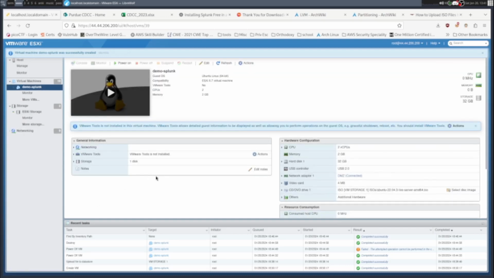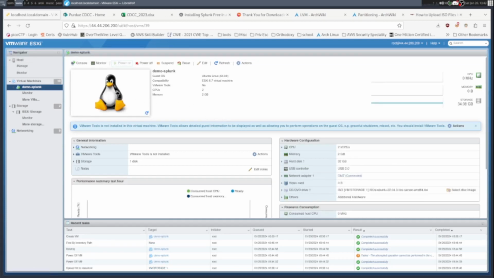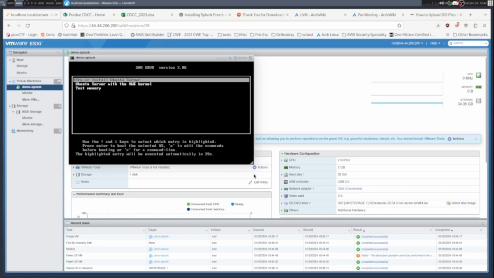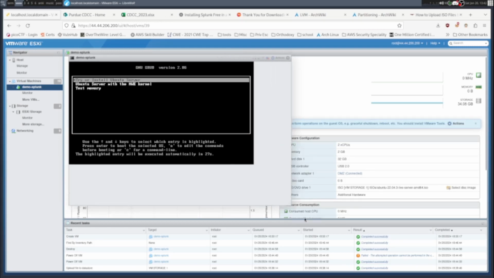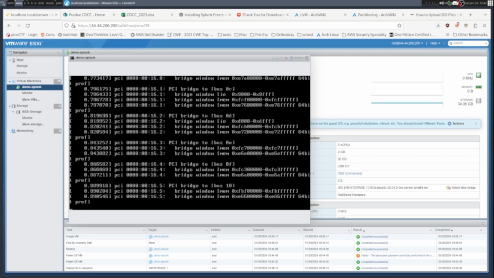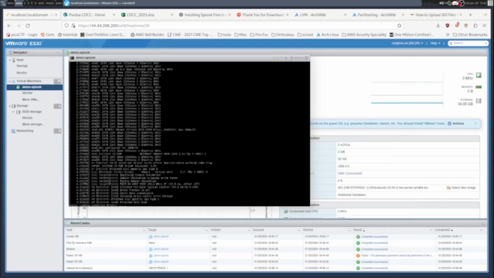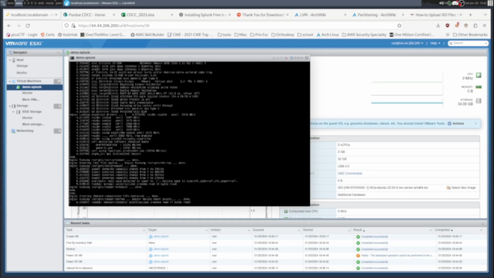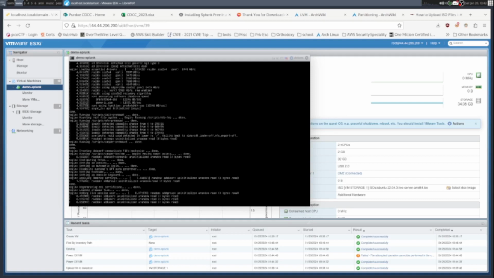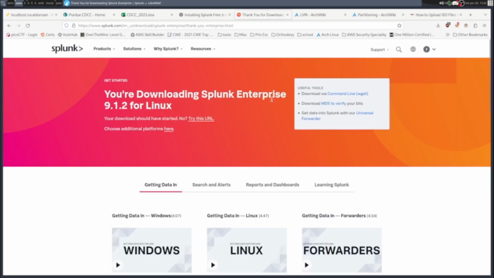Demo Splunk. Power it on real quick. And we can get through this install process. Install Ubuntu. And it's just going to load for a while. And while that sort of starts happening, we can go here